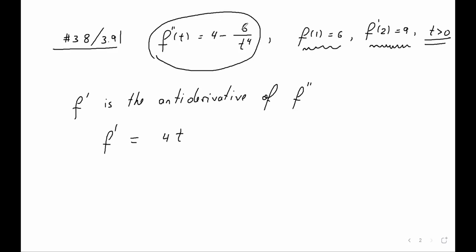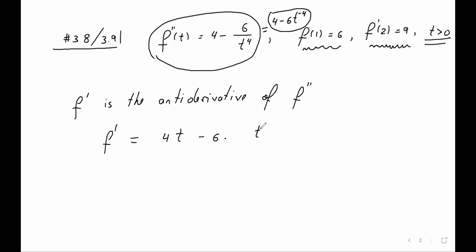Now for the other term, remember that negative 6 over t to the 4 is the same as, if you want, we can write this as 4 minus 6t to the negative 4. Very important here, folks, to be able to recognize that the function can be written like that. Again, we don't want denominators. When we do the antiderivative, 4 gives 4t, and for 6t to the negative 4, the antiderivative will be negative 6 times t to the negative 4